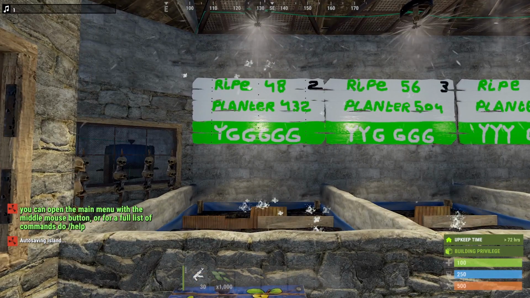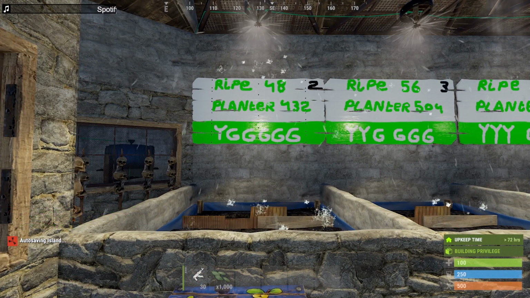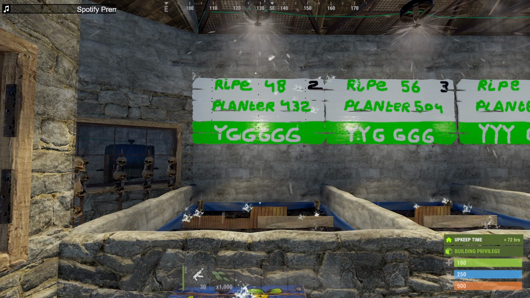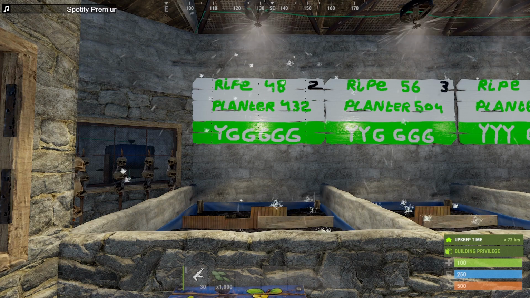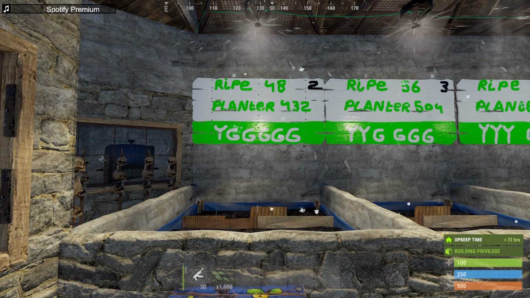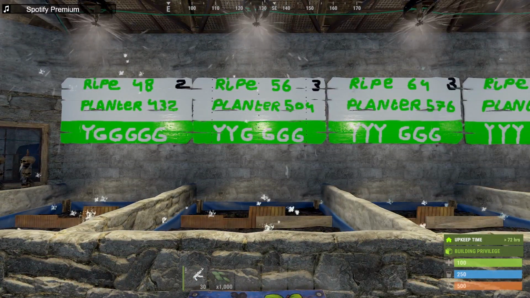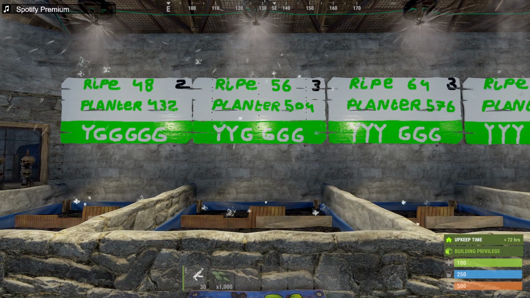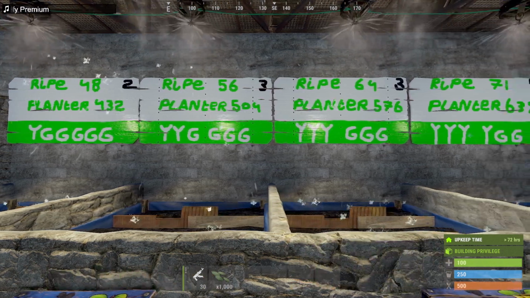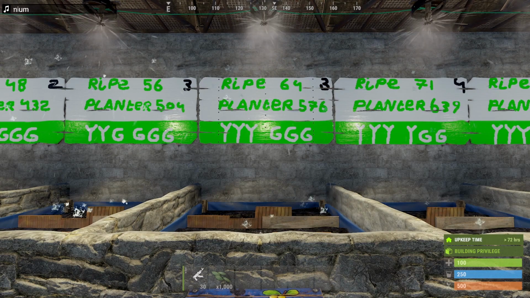If you look at 1Y and 5Gs, we get 48 cloth out of 1 plant when it's ripe, and out of 1 planter 432 cloth. When we clone the saplings, we only get 2 clones per sapling. If you go to 2Ys, we get 56 per ripe plant, 3 clones, and in 1 planter 504. When we go to 3Ys, it's 64, 3 clones,